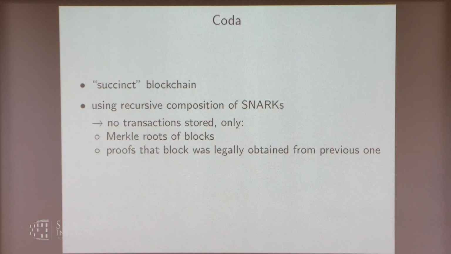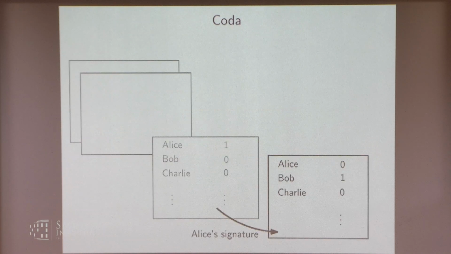So since one of the topics of the program is zero knowledge proofs and snarks, another approach is a proposal called Coda. I think the ISAC is not here anymore. It basically uses snarks not for the zero knowledge property, which is why Zcash uses them, but for their succinctness. So the idea is, let's just show this by pictures.